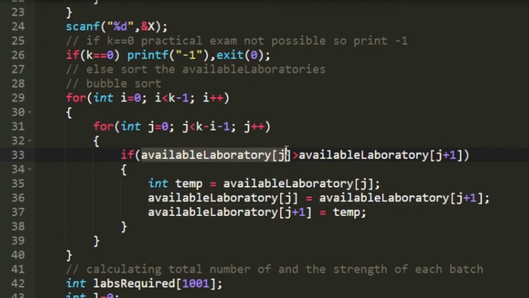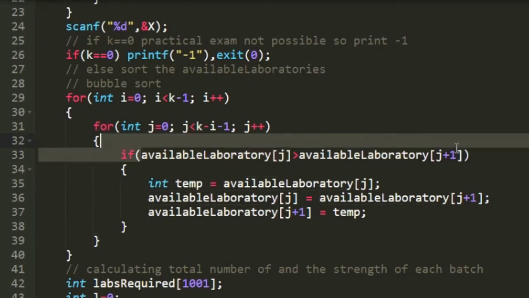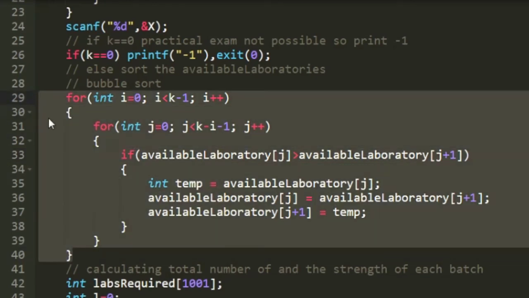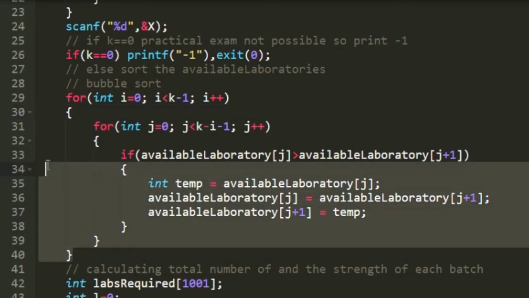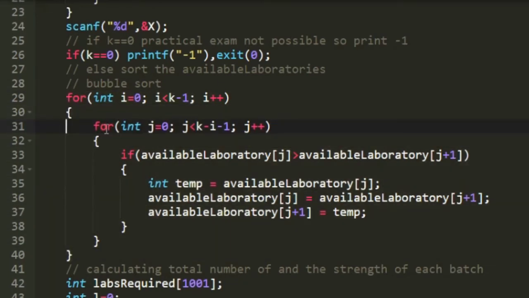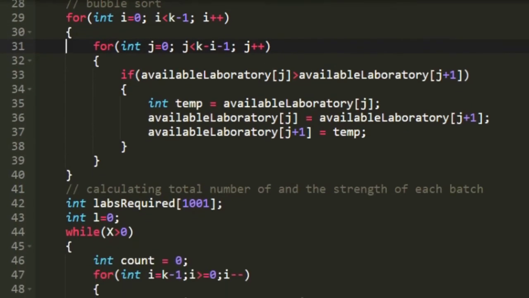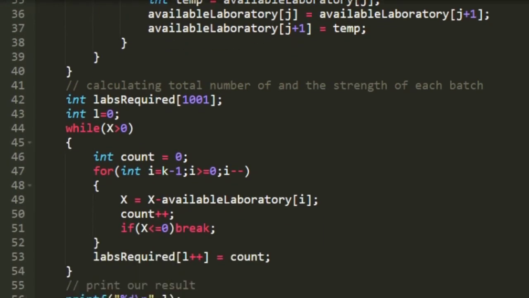If ARR of j is greater than ARR of j plus 1, then we would swap ARR of j and ARR of j plus 1. So after this we would have completed the bubble sorting. After the execution of this nested for loop, now the array available laboratory would have been sorted. So now after sorting, our task is to calculate the minimum number of laboratories. So to do that